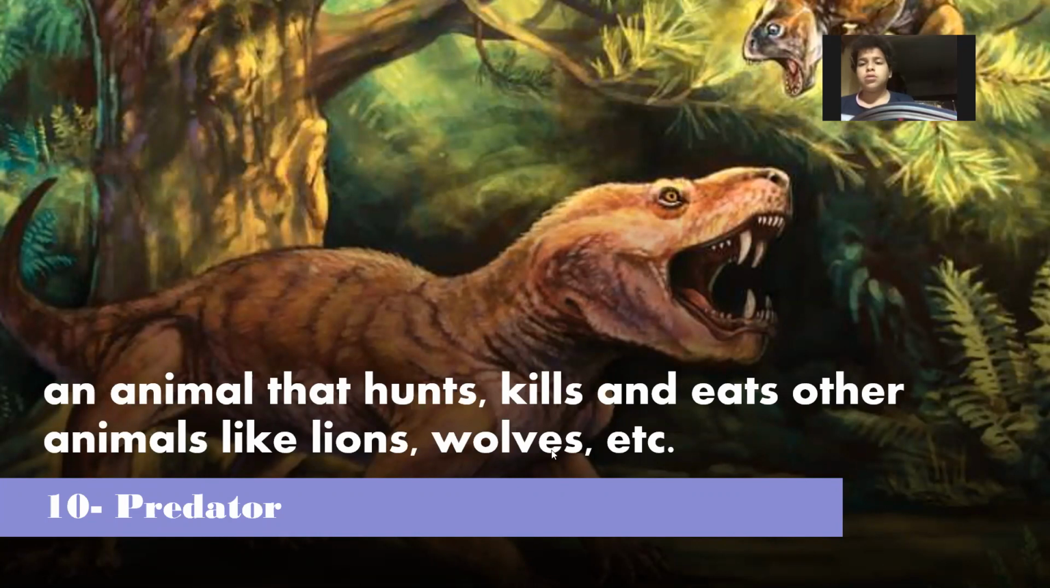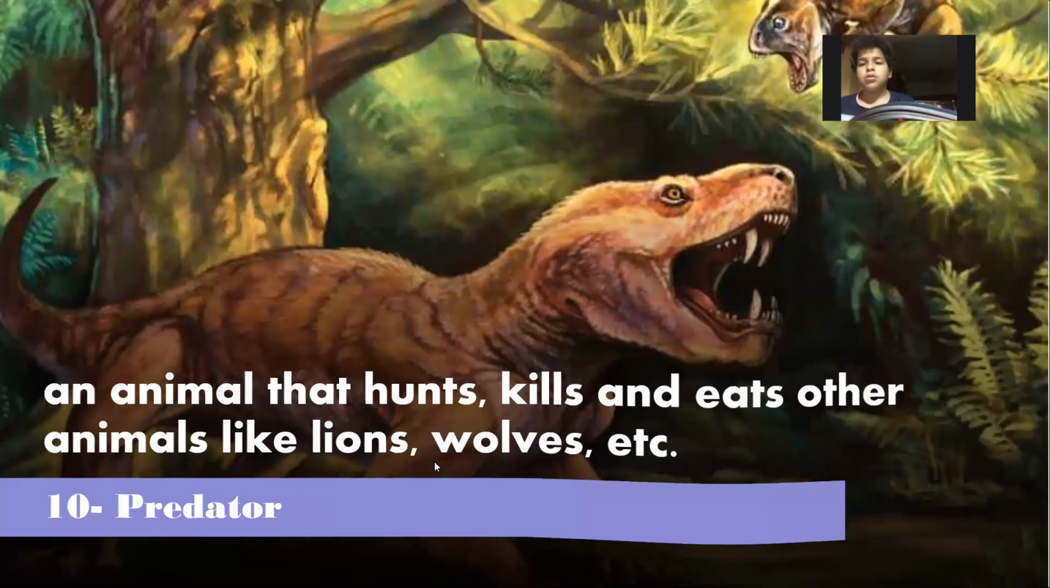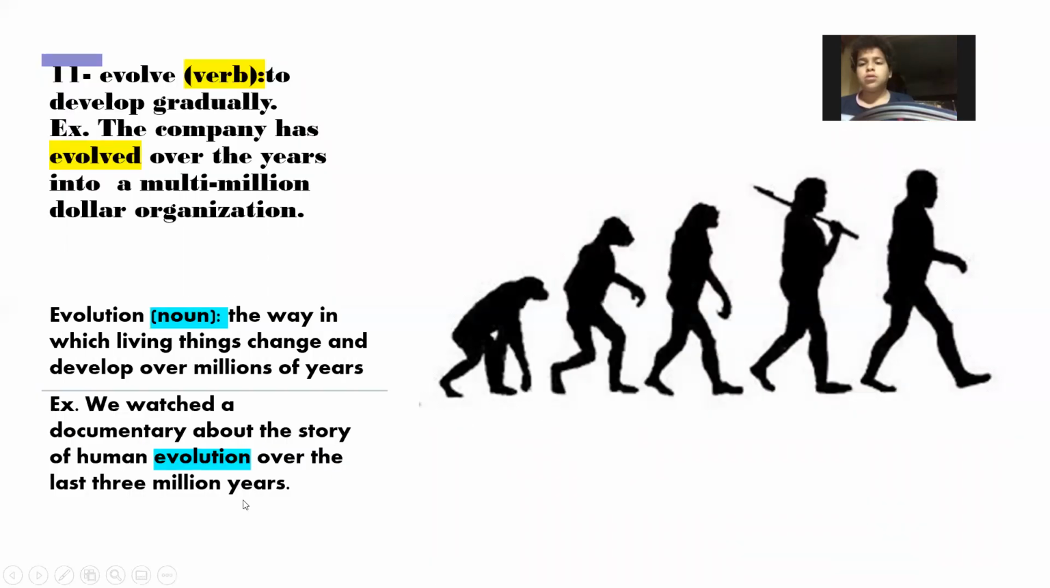Let's go to the next word. Yeah, this word is a very important word, my dears. This is called in English evolve. What's the meaning of evolve? Evolve, guys, means to develop gradually, like growing. So evolve means develop step by step. Gradual means step by step. Like here we have, the company has evolved over the years into a multi-million-dollar organization. It means that this company was starting from the beginning